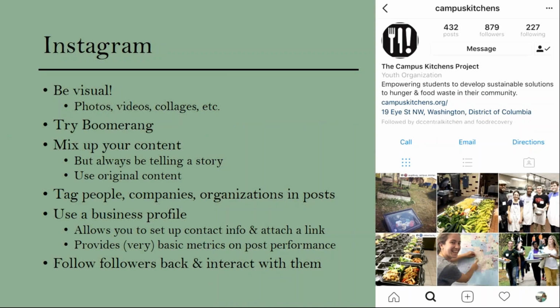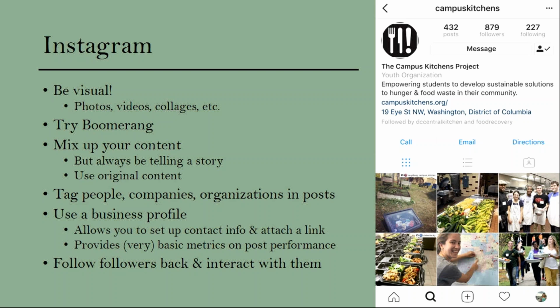So next we're going to look at Instagram a little bit. I know this is one that people kind of wanted to learn how to use a little bit more, so we're going to just do a little bit more of a deep dive into it. Instagram is really cool. It's a very casual, I think it's the most casual platform of all the ones we've